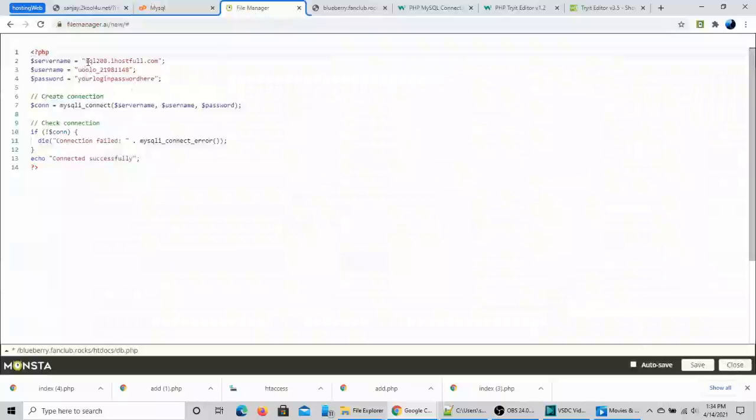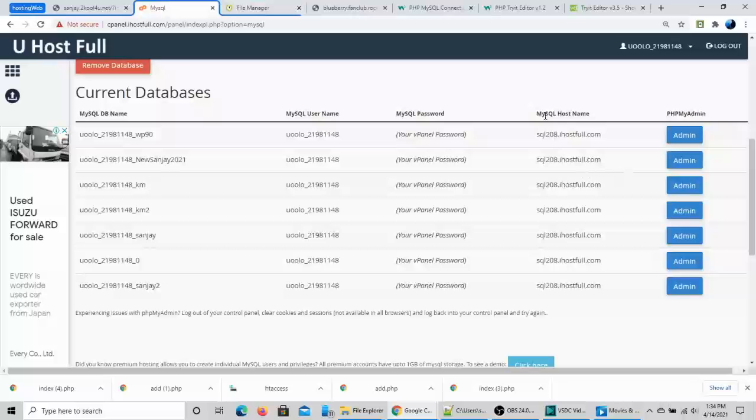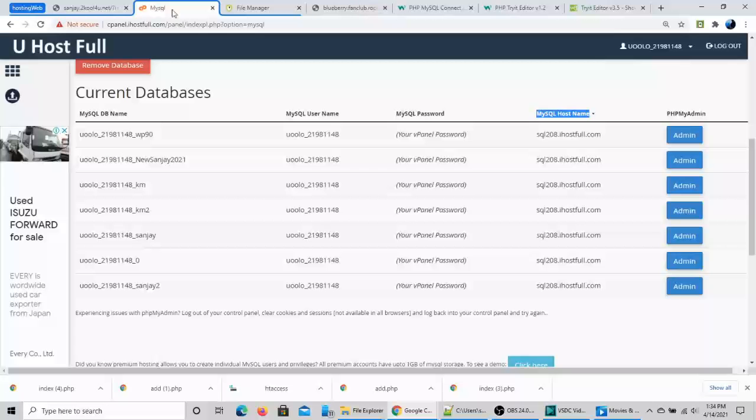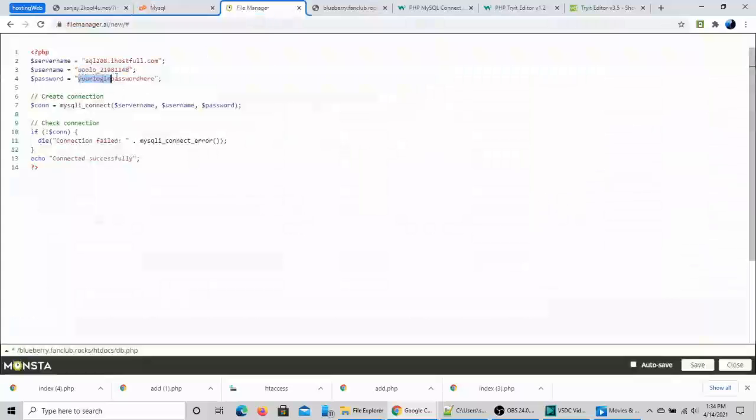We will actually paste in that code. So the things we need: the server name, which we would have seen in the database here, the MySQL hostname. That's going to be the server name. Username is going to be your username, which is here as well. We'll need the password, which will be your login password. You can use that. Replace this with your login password. And let's just see if it connects. So we go to the website and we see that it has connected successfully. So that means we entered the right stuff, and we have a working